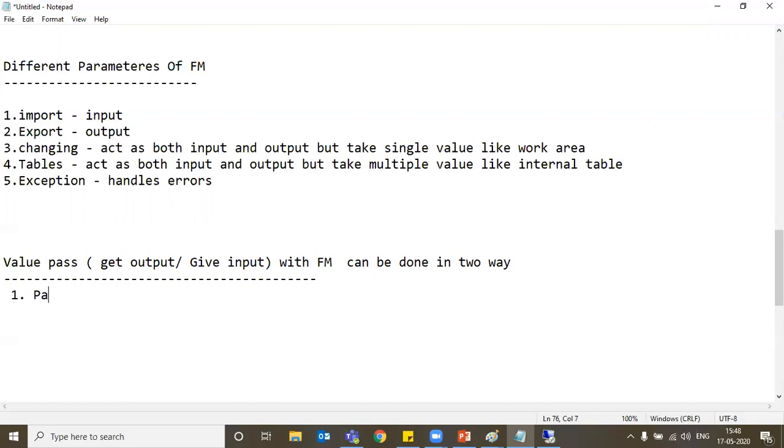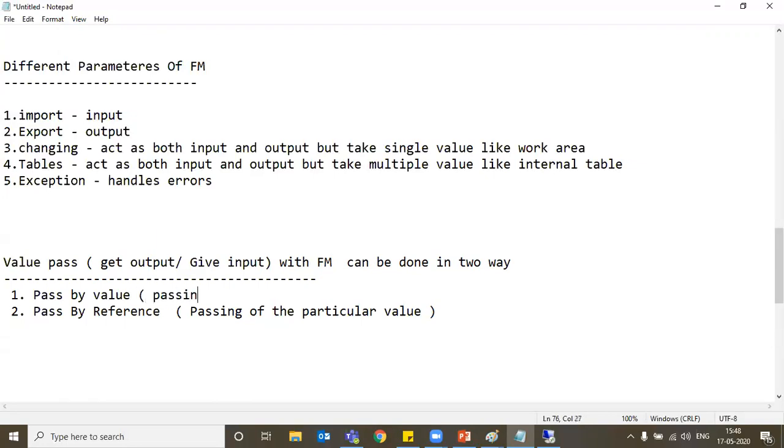First one you have pass by value, and the second one is pass by reference. So pass by reference means here you are passing the address of the particular value. What is that address? I will discuss more clearly in the subroutine part. Just remember that. Wherever the reference word is coming, that means, as I told you,